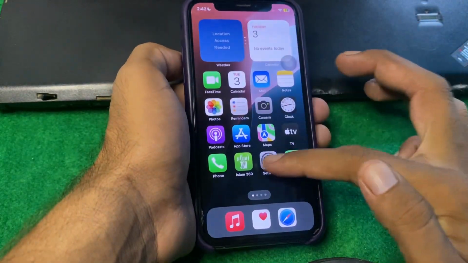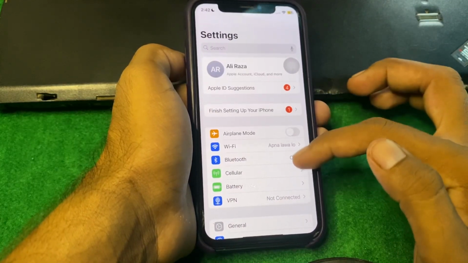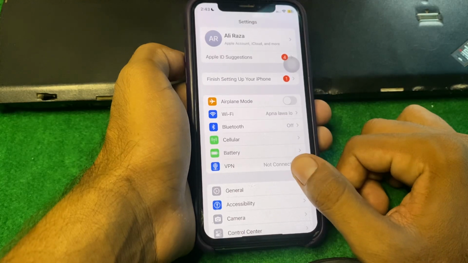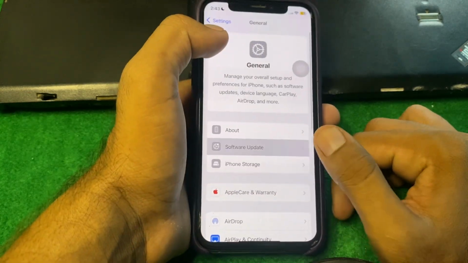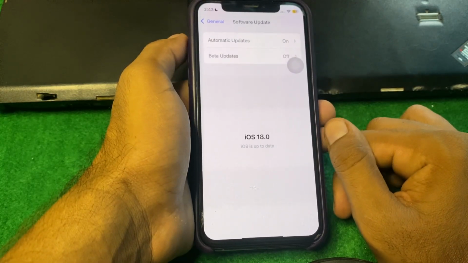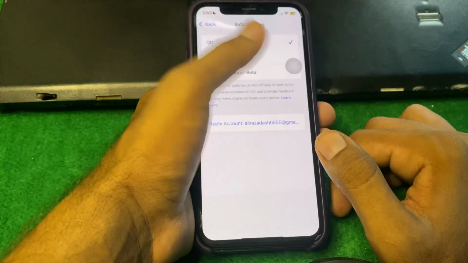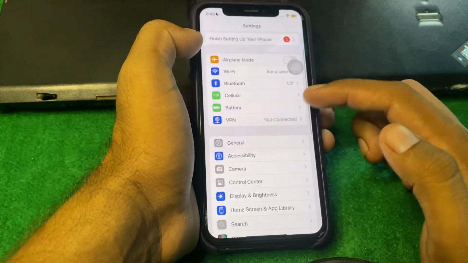So guys, first of all, just simply open settings, and make sure that your internet connection is working properly and that there's no VPN connected. If there's a connected VPN, then simply disconnect it, then tap on general and then tap on software update and make sure that you are using the updated version of iOS. If you don't have the updated version, then update your device, and after that go back and scroll down